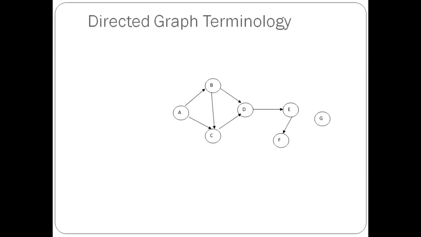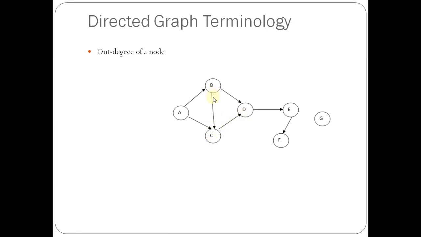Now in this particular scenario we specifically speak about directed graph terminology. Here I consider a given example, and from that example we are going to consider the directed graph terminology. First, the out degree of a node. The out degree of a node is the number of edges that move away from the particular node, meaning they go in an outward direction from that node. For example, for node C, the edge C to D is moving in an outward direction. That is, the arrow is moving away from node C. That's why we count it in the out degree.